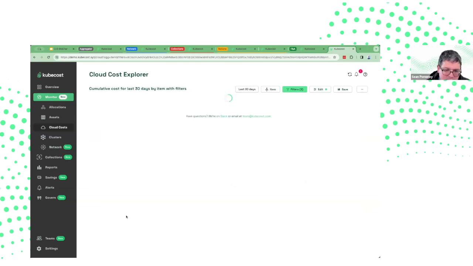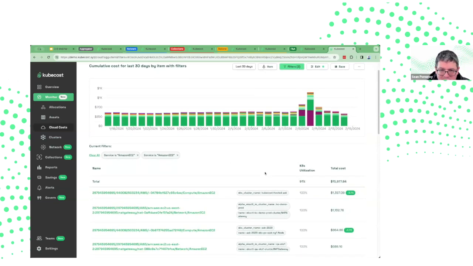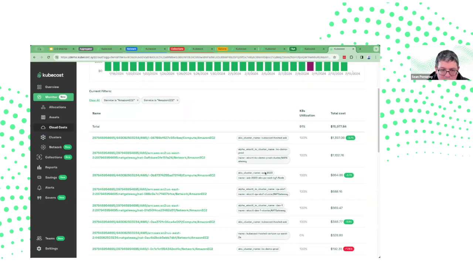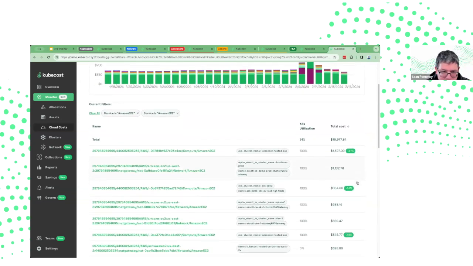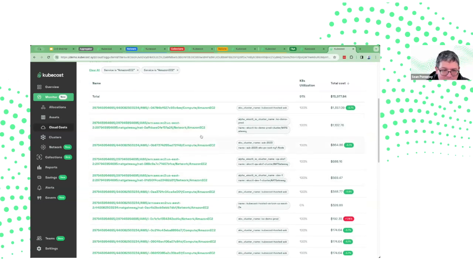If I go ahead and click into this EC2 line item, we're now going to get to our resource level view. I'm going to go ahead and sort by cost here to see which items we have. Specifically, I know that the NAT gateway was one of the offenders, and we can see that even though these